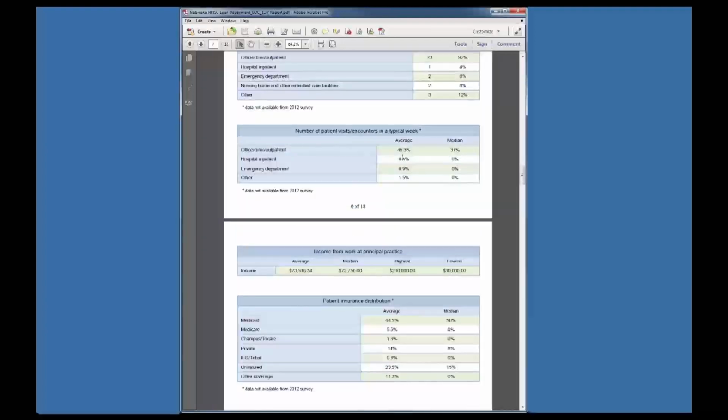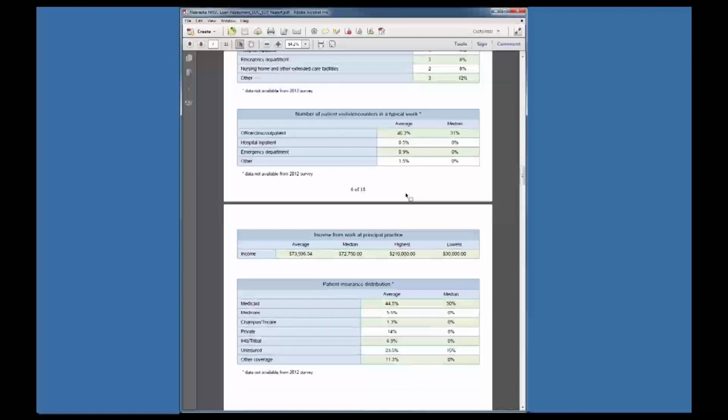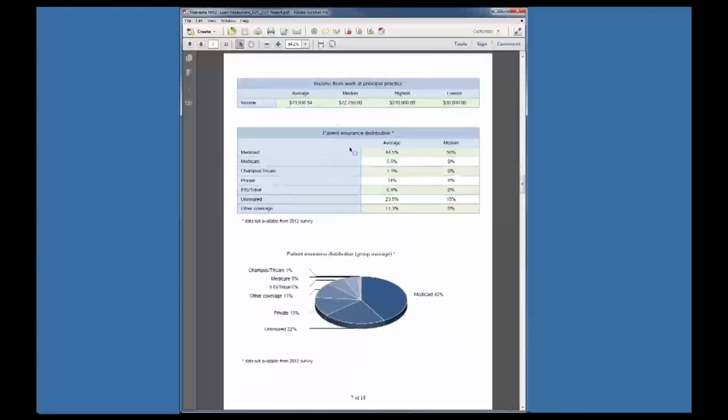This is the other one that has percentages that should not be percentages. So this should be number of patients encountered in a typical week. Outpatient clinic should be 46.3 visits. Encounters, not percentages. Same thing for the median here too. And you see the median, most people are hospital or outpatient based, relatively little happening in other settings. But again, given the breakdown of the disciplines we're talking about, that shouldn't be surprising. There's only 4 physicians here, too.